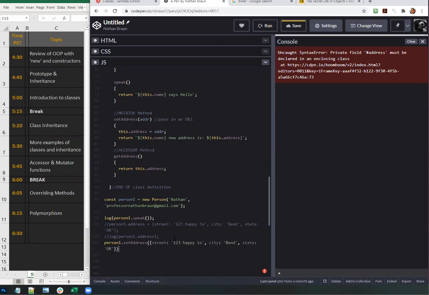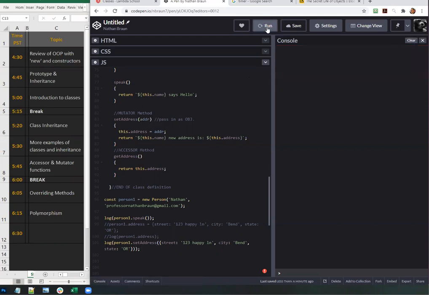Pass in that object. So we say person1.setAddress, pass in the object. setAddress is going to take it and assign it to this.address. Then, oops, what the heck did I just do? And let's log it so we can see that we did actually successfully mutate the object. So let's clear, and we call everything. person1.setAddress, person1 speak, setAddress, yeah. So we should see the new address is,